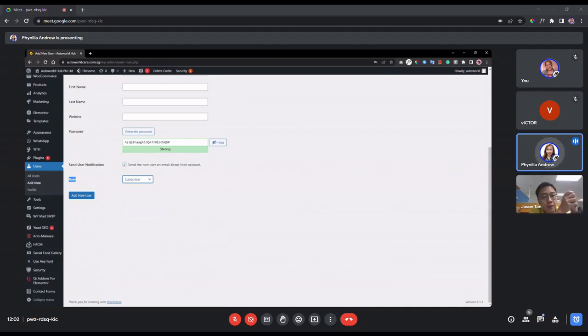Then we have editor. Editor can only have access to your front end, which is the display, content, all of that. And then we have author. Author is basically more towards blog posts. So if they want to upload a blog for you, they can use this author role. And then we have the shop manager, who can only have access to your shop page, product, and any other payment gateway that